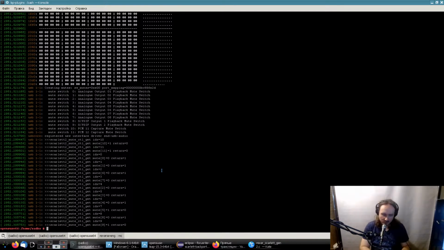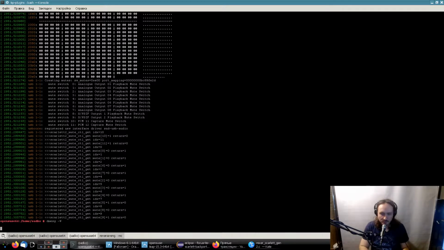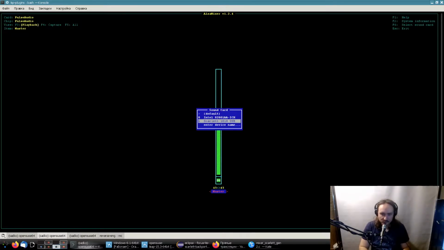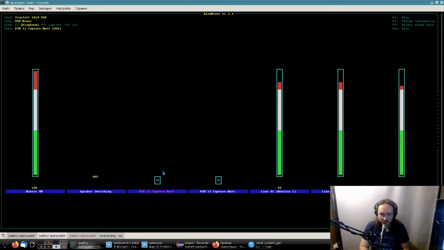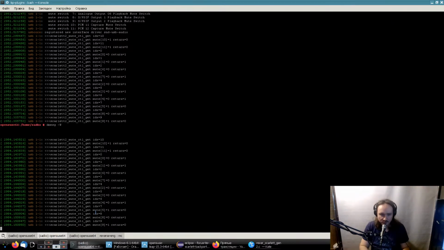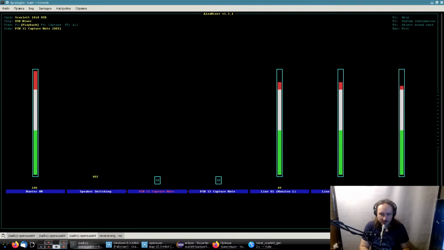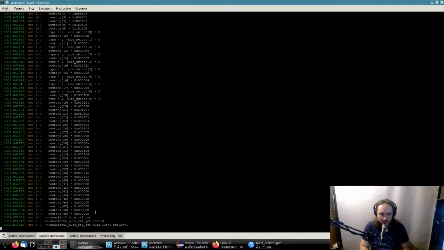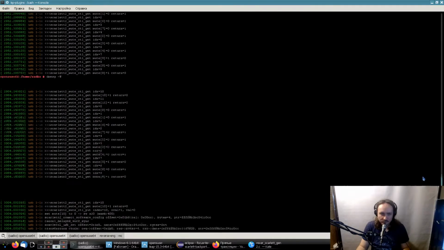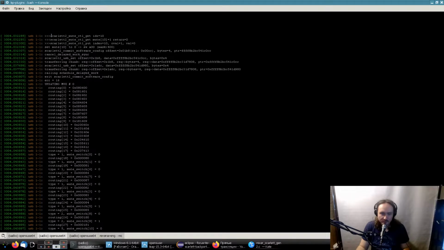I will just run amixer and see that there are additional mute controls for line outputs. Oh yes, well, not for loopbacks, and here and there. And additionally, I can run alsamixer -c and switch to the Scarlett device. And look, we have the PCM 11 capture mute and PCM 12 capture mute. And in alsamixer, I will change the panels, the tabs. And in alsamixer, if we unmute, we can see that the mixer initiates the change of the value of the parameter, and we change the software config, and we also